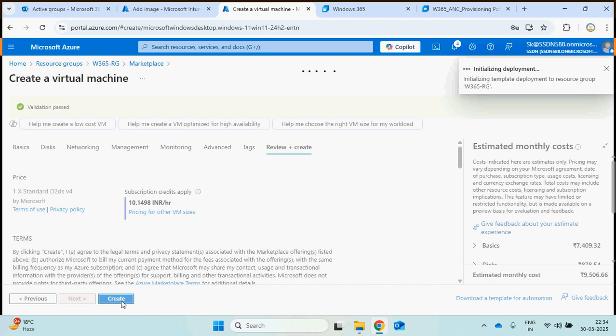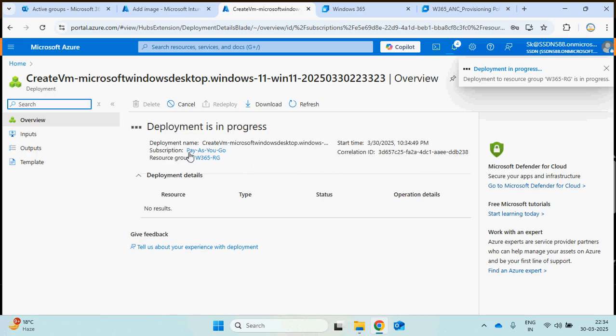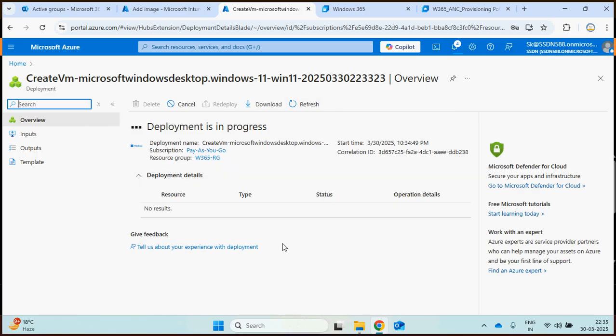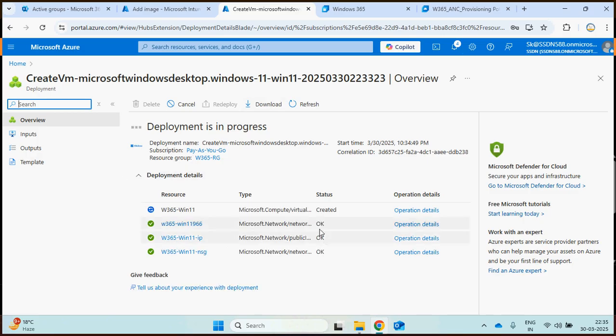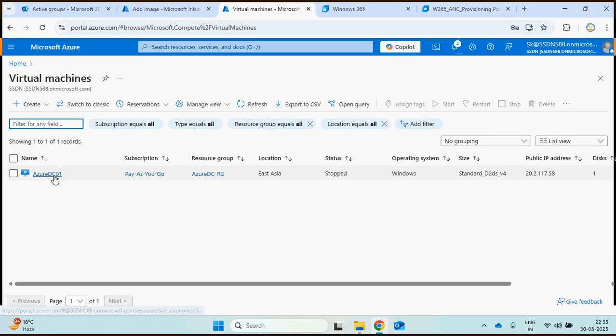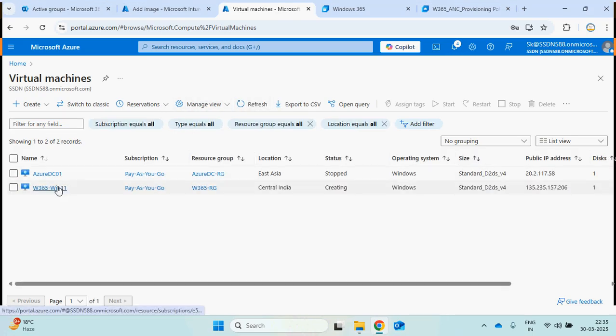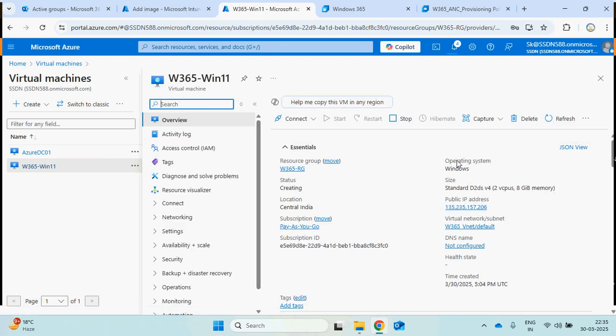So the concept is very simple. Once you create a virtual machine inside Azure, after that virtual machine gets provisioned, you have to log into that particular virtual machine. Then you have to install the software that you want to add in that custom image that you want to create. Then you have to do a sysprep on that particular virtual machine. Once you have completed all these steps, you have to stop that particular virtual machine.